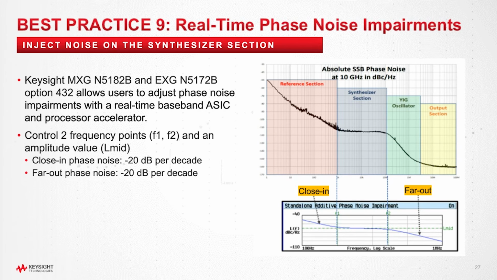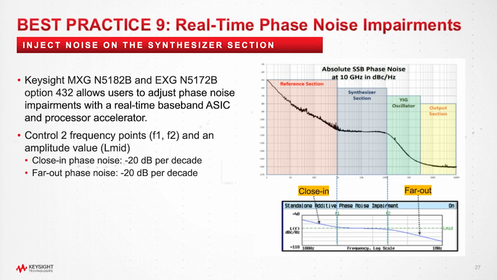The Keysight RF signal generator N5182B or N5172B allows users to adjust the phase noise impairments on the synthesizer session. This feature lets you degrade the phase noise performance of the signal generator by controlling two frequency points and an amplitude value, as shown in the figure. This customized phase noise is produced by an internal algorithm of the signal generator, operating on a real-time baseband ASIC and processor oscillator. This allows you to simulate a more realistic signal and is helpful to evaluate and troubleshoot your device